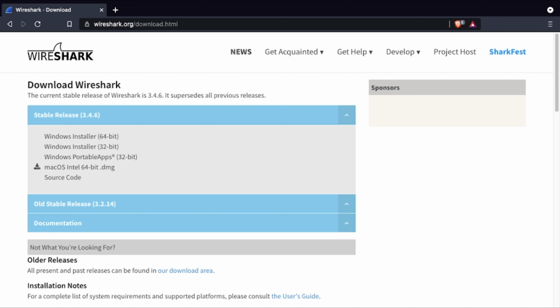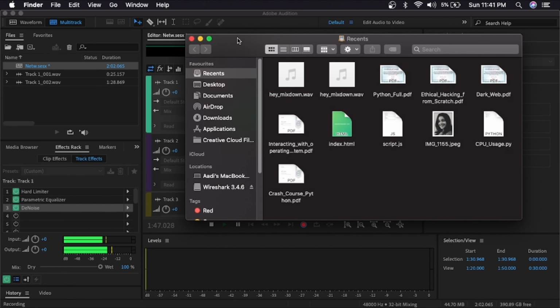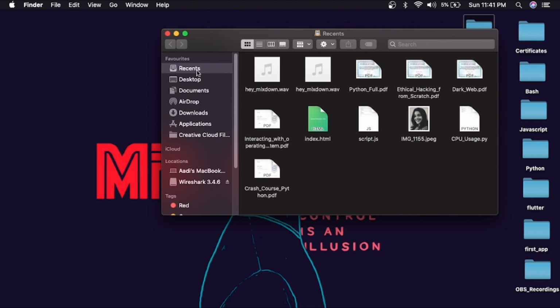Now, I obviously won't keep you waiting for that long, so I'll see you when it's done. Now, I will be canceling my download because I already have this installed. But after your download is done, all you have to do is open that file, go through the installation, and in Mac, as you can see, you will be reaching